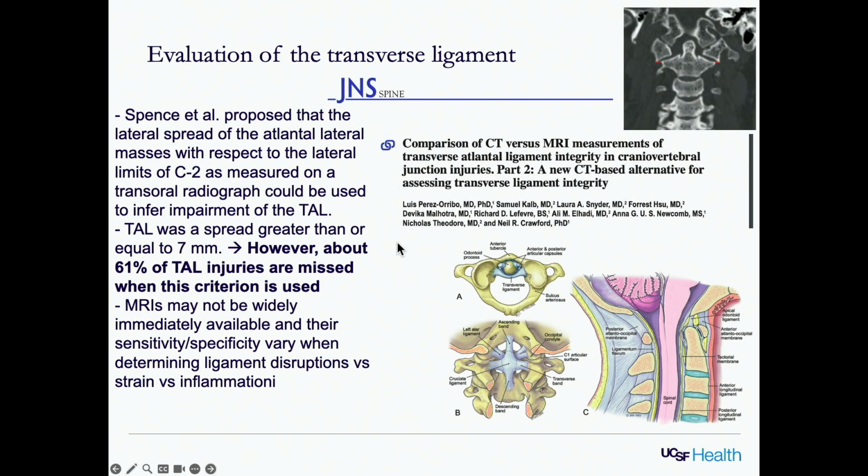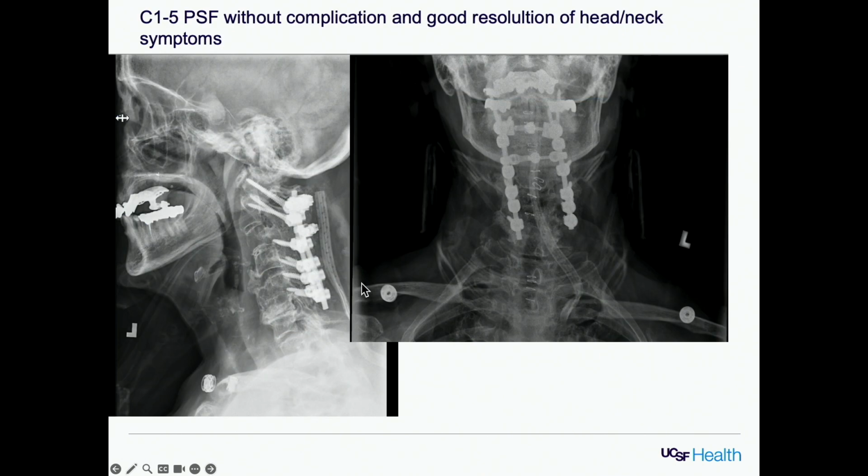For these patients, getting an MRI acutely sometimes can be difficult, but in general, the rule of Spence can miss up to 60+% of injuries. So that is, I think, a failure of some of the classification systems as well as what we use to screen unstable atlantoaxial injuries. It is an injury that can progress over time and be subtle whether or not there is true disruption. Because of her multiple areas of ankylosis above and below, we elected for a longer construct and a typical C1-2 fusion to treat. She had good resolution of the head and neck pain.